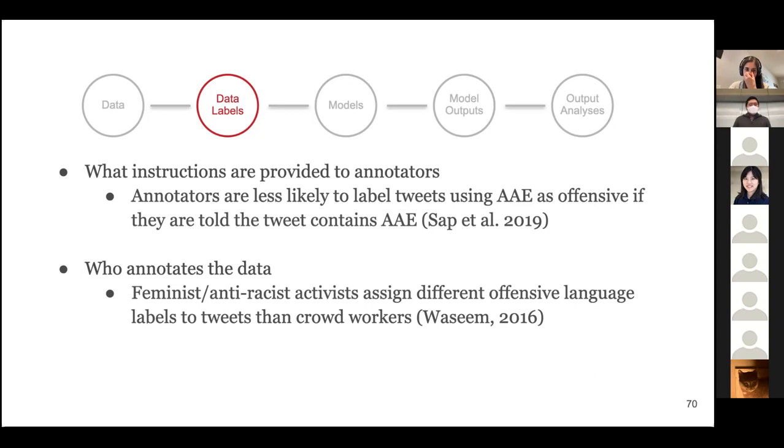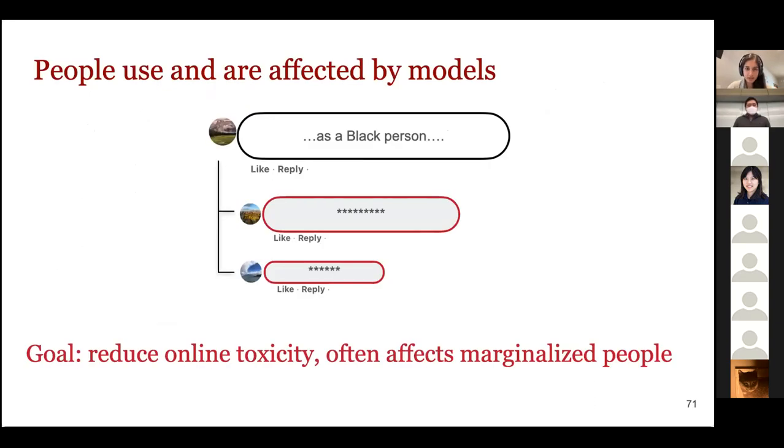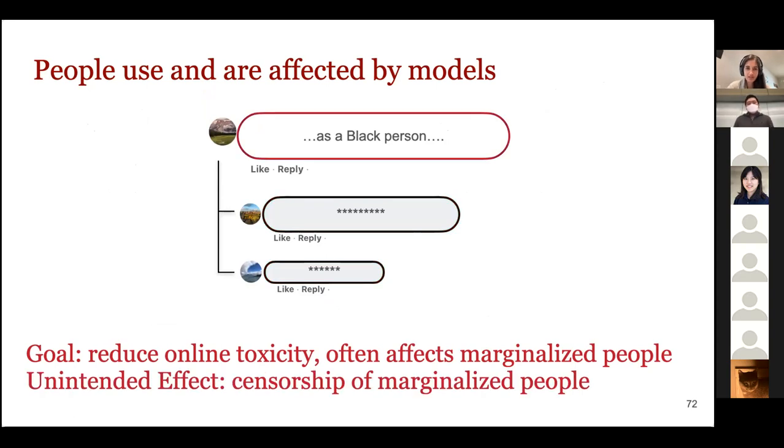And so what that means is that this kind of work that we see around toxic language started with this original goal of helping and improving online civility, particularly for marginalized people, but it has a sort of unintended censorship effect, in that we're actually likely to falsely label text as offensive and further marginalize the very people that this technology is aiming to help. And I want to give these examples.